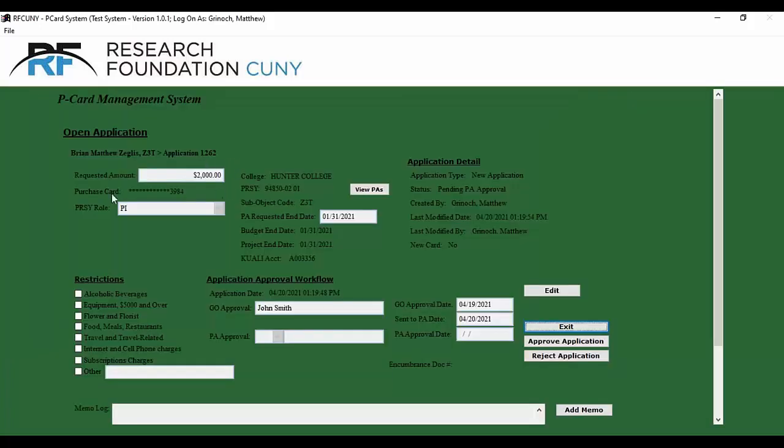And so you'll see, again, this is an existing card application. What that means is a certain population, known as the Phase 2 group, has multiple projects to a single card. And so this is a new application, as you see here, a new open application for $2,000 for this PRSY, but on this existing card ending in 3984. So just like the previous application, I'm going to click Edit on the far right,